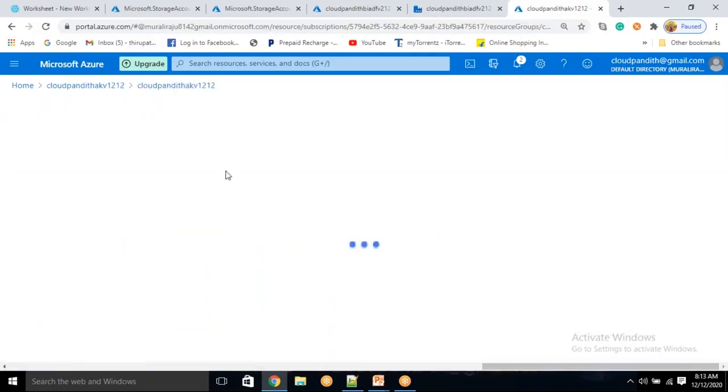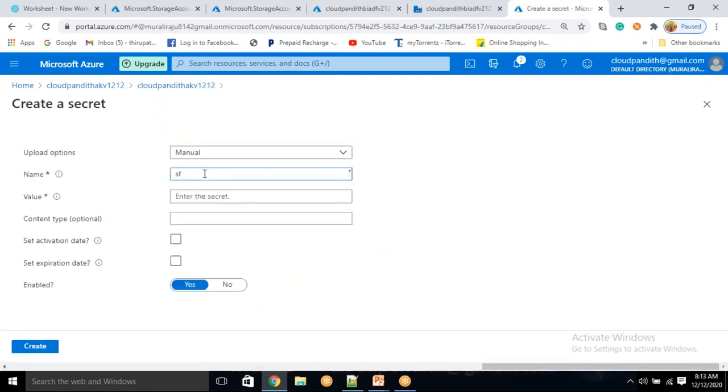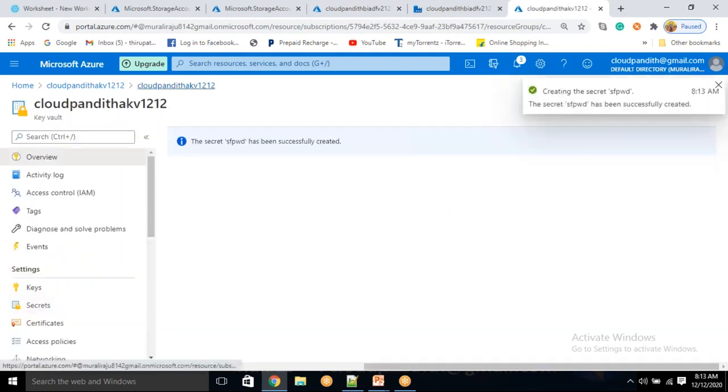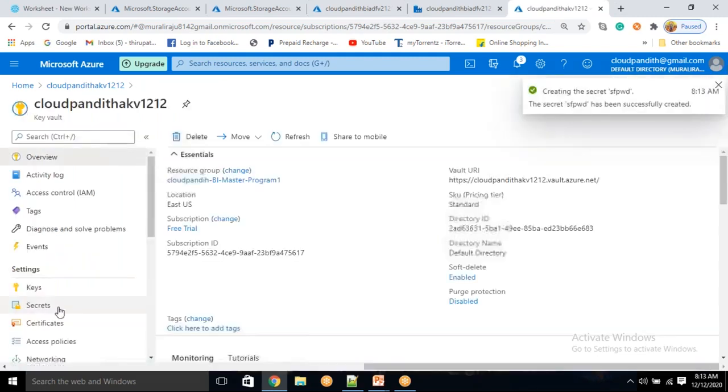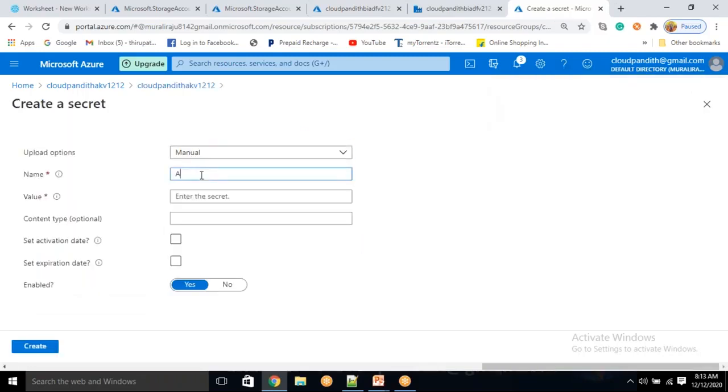First, I will store the Snowflake password. Snowflake shortcut SF, password shortcut is PWD. Let's keep the password here. Let's create it. Generate / import. Let's keep now ADLS